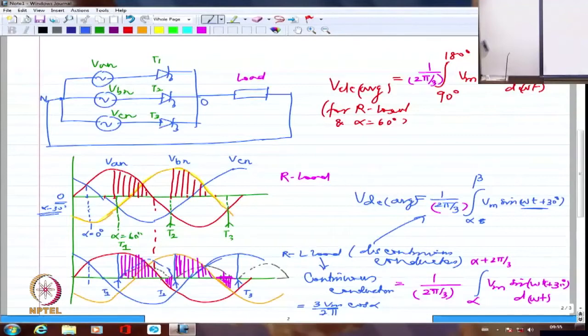I would like to again point out that alpha equal to 60 we started deriving from 90. Please remember the limits we set from 90. So that's why I said you could have set this as alpha plus 30. That is also fine. But as Siddesh correctly pointed out, this also then should be adjusted as beta plus 30. Because beta, if you are looking at it from alpha's point of view or omega t's point of view, better adjust that as well. That's the thing. Okay.